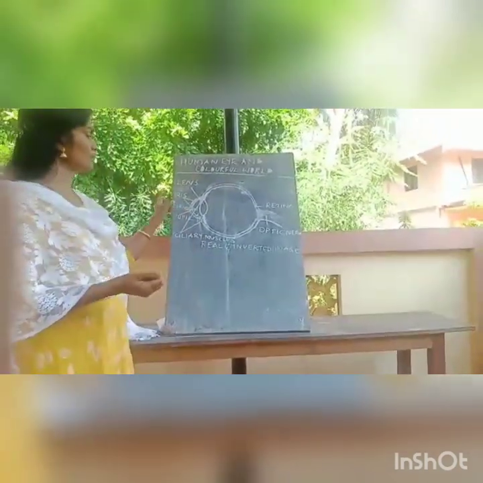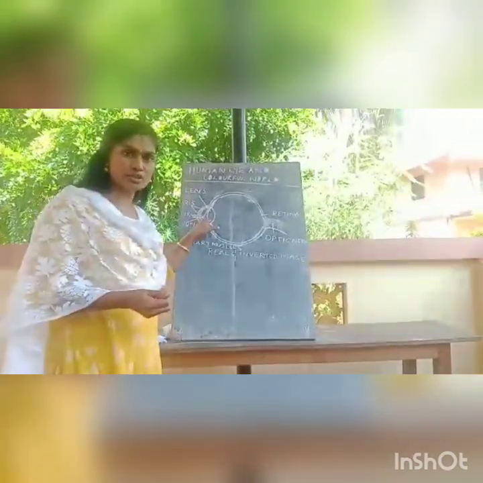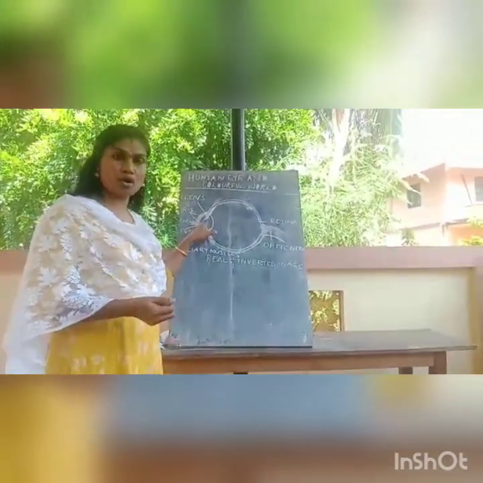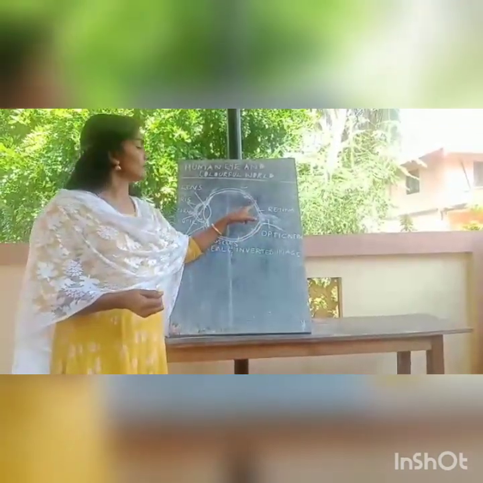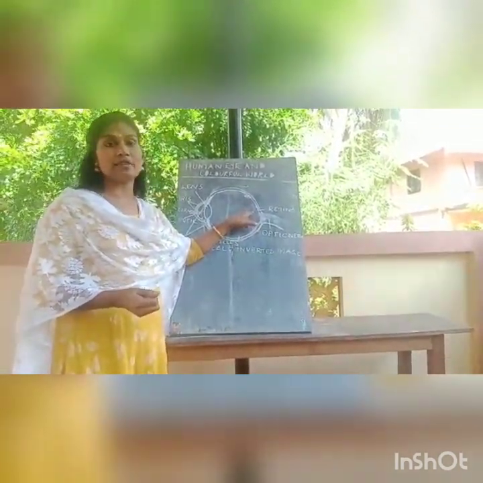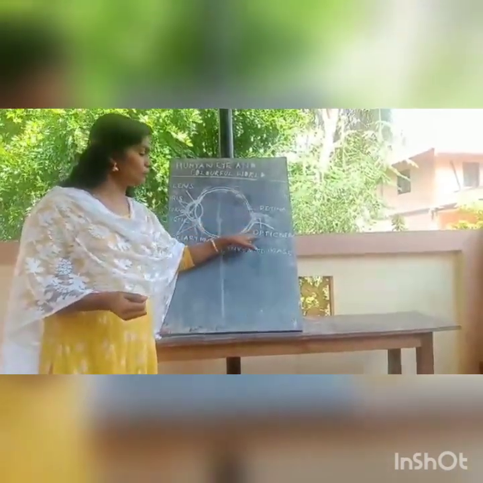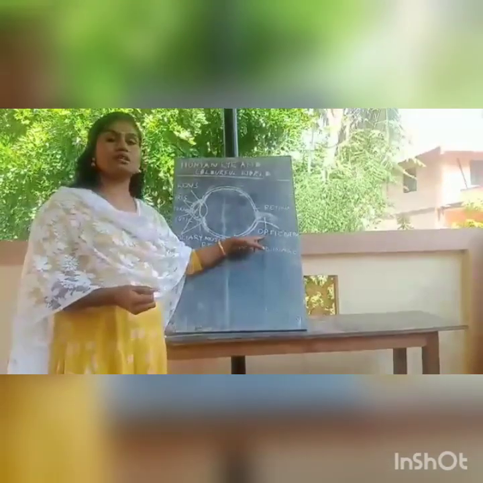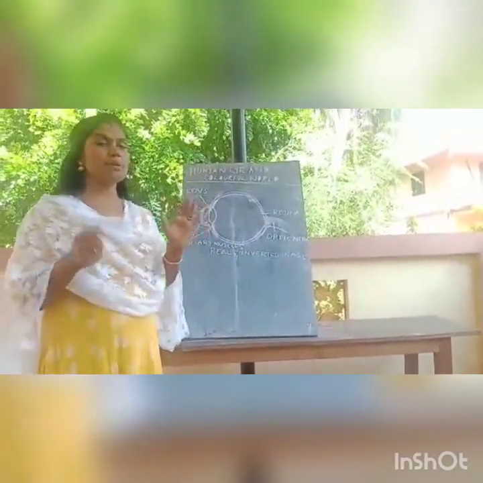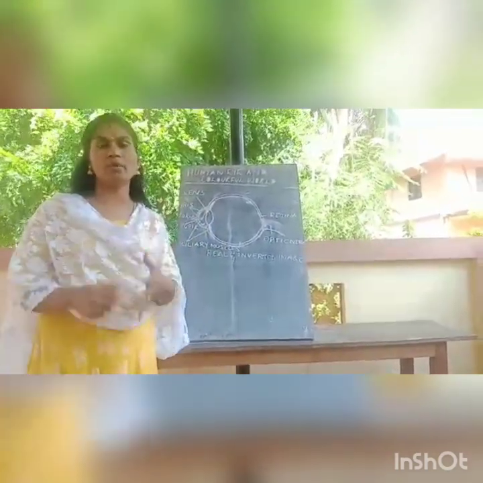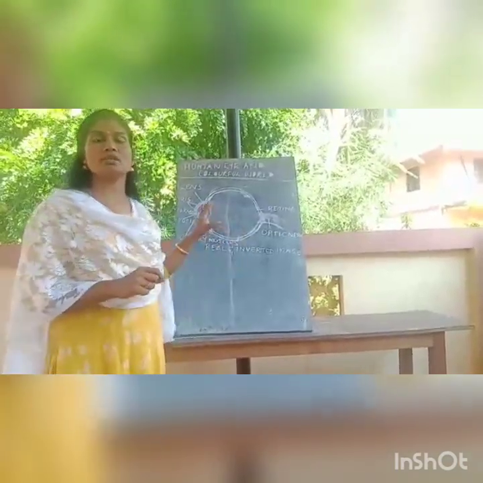So the light passes first through the cornea, then through the pupil it will enter the lens, then through this convex lens it will converge to a point on the retina. The light sensitive cells activate and convert it to electric signals, then it is taken to the optic nerve. This optic nerve will take this electric signal to the brain, and the brain will give a message or information about what you are seeing. Okay, so this much about the structure of the eye.